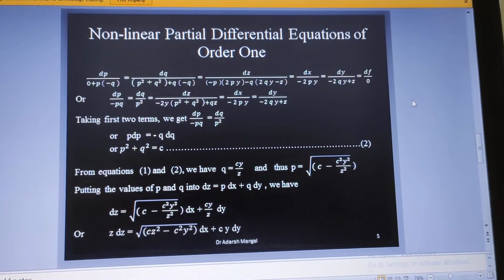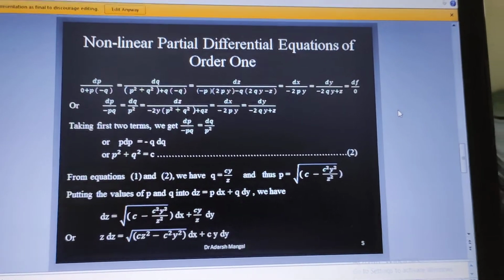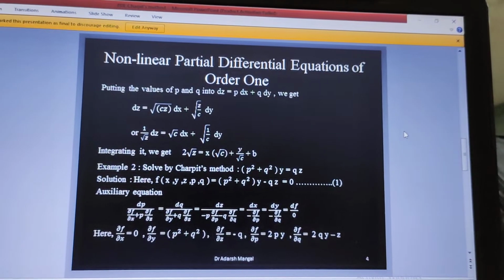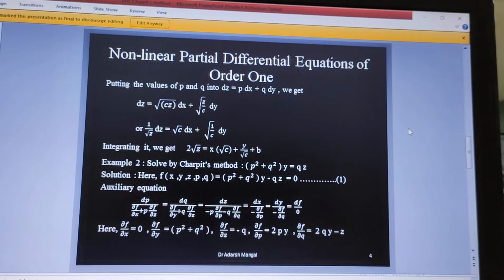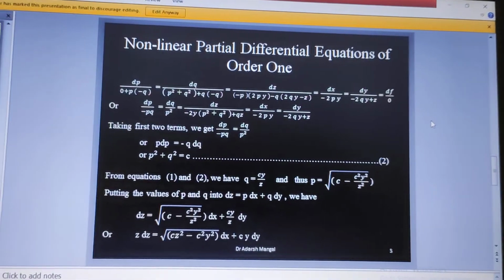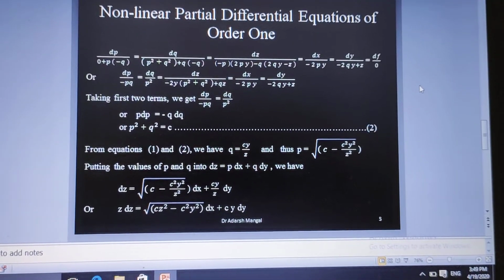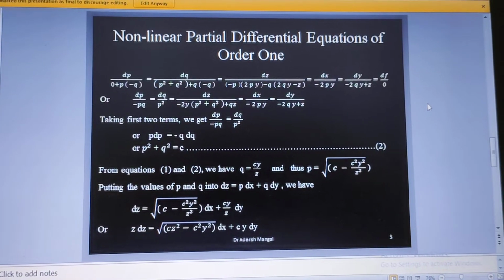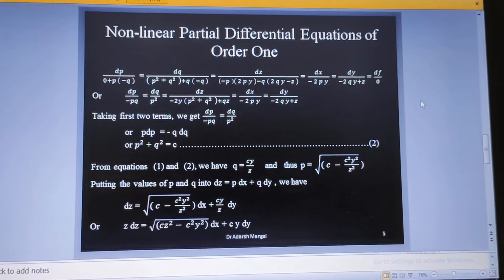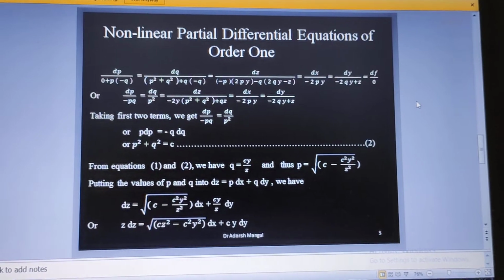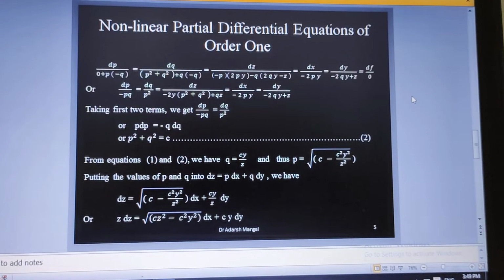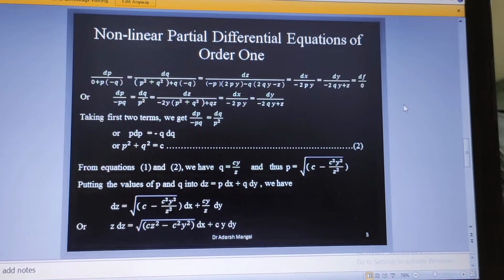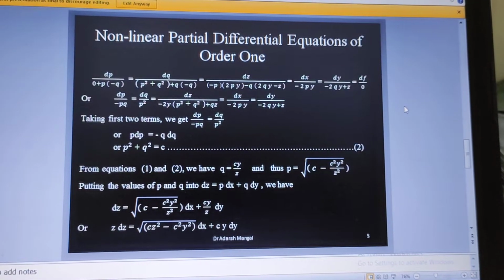Now if we put p square plus q square is equal to c into the given equation first, then we have qz is equal to cy. And if we put q is equal to cy upon z into 1, then we have p is equal to root c minus c square y square upon z square. Now by putting the values of p and q into dz equal to p dx plus q dy, we have,